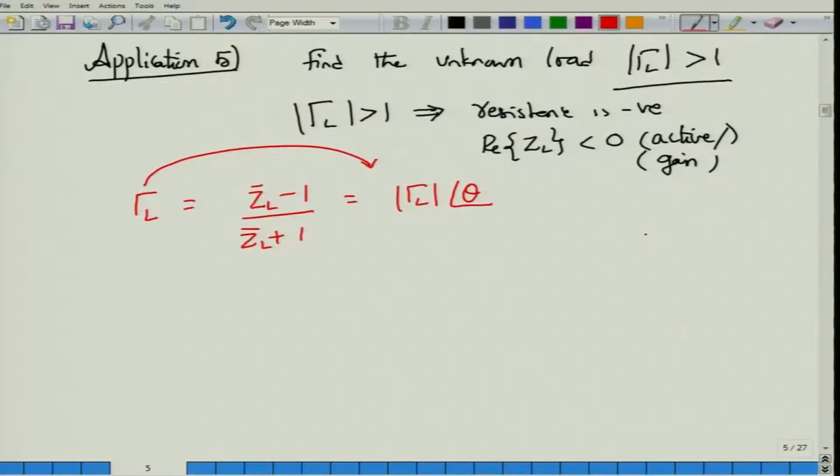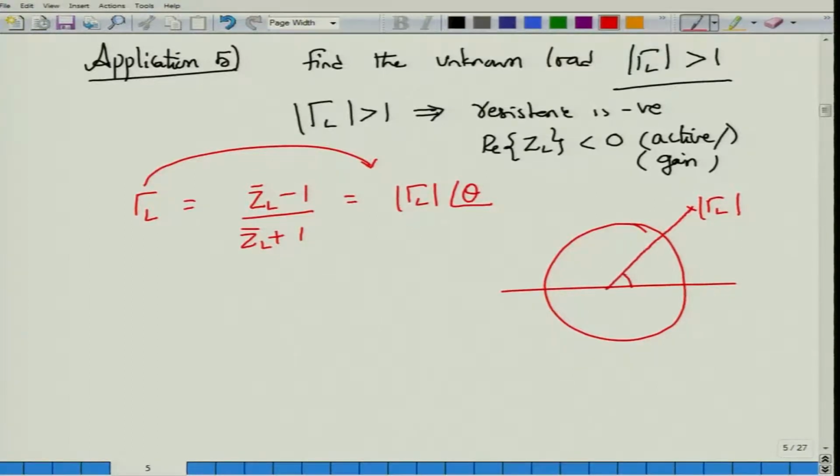So, on the standard Smith chart, this would lie somewhere over here. I mean, it will not be on the standard Smith chart, it would actually be lying outside, but do not worry about this. Okay. From the center of the chart, I can draw a line. This angle is theta. The length here will be the magnitude of gamma L, at an angle of theta.